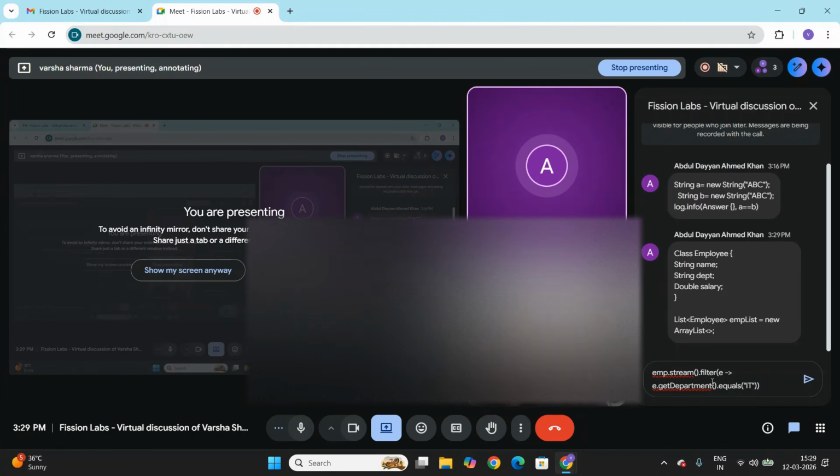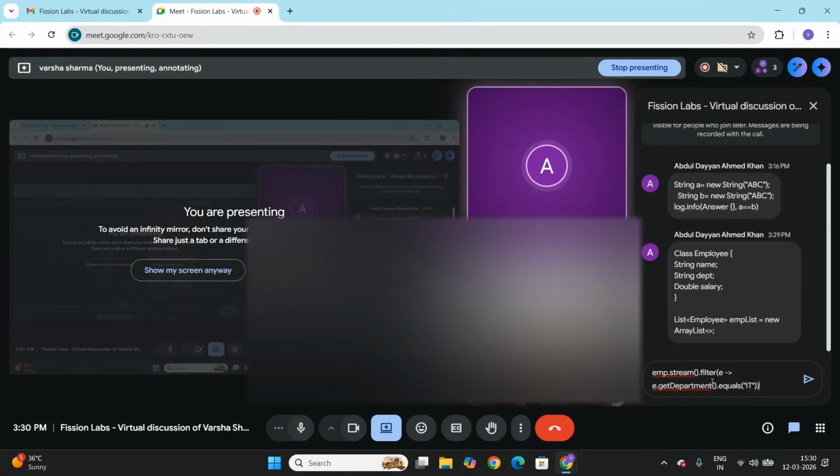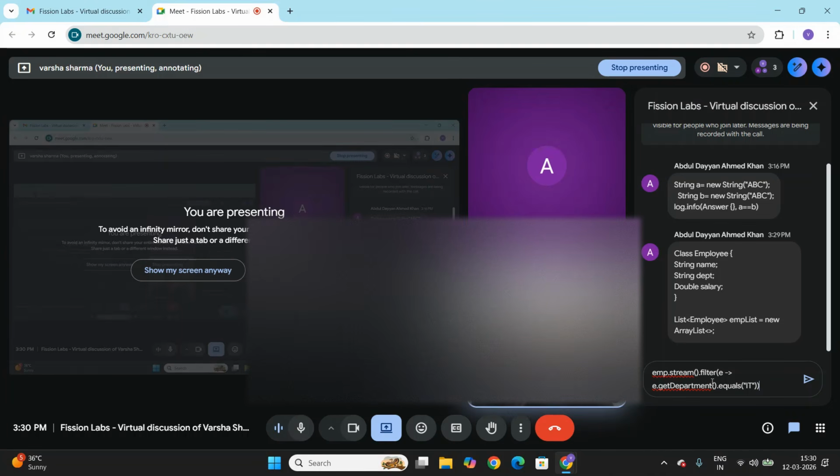So I've given you just a basic thing. Suppose now this is the employee list we have. Now you just try to print out from this list based on the department: department should be IT, and then the salary should be greater than 50, and then name should be in sorting order. You can use the variable that I've given, the object name employee list.